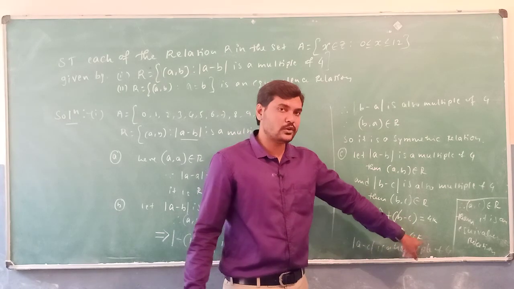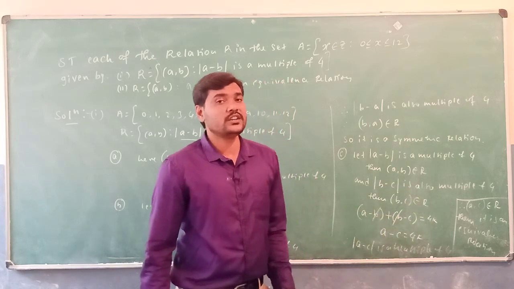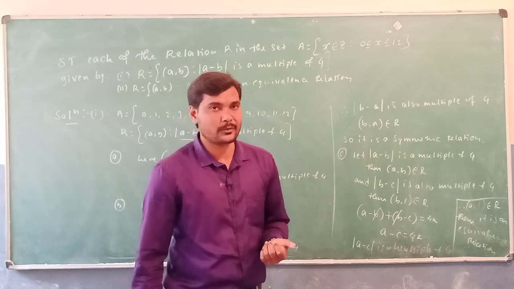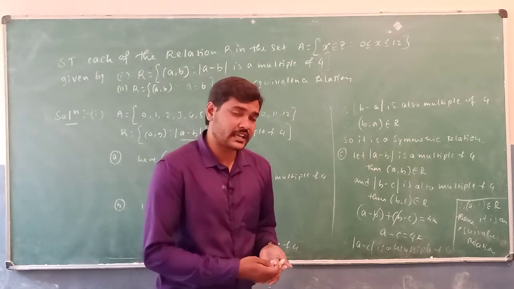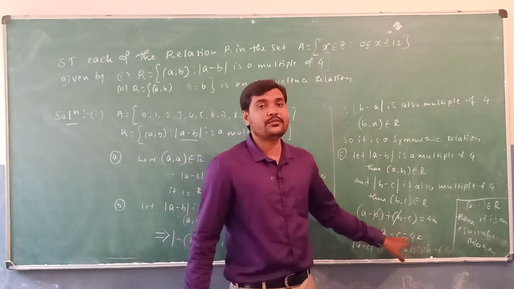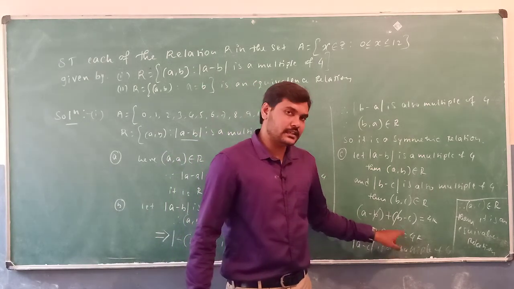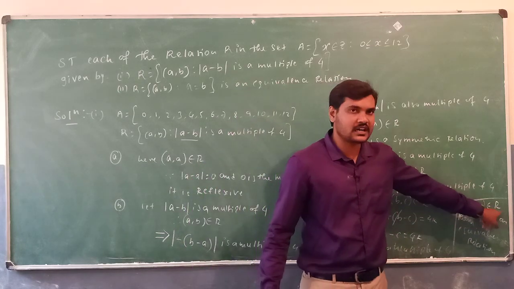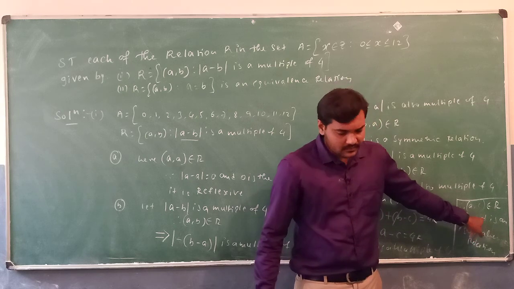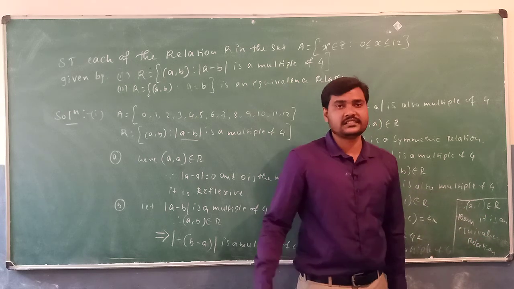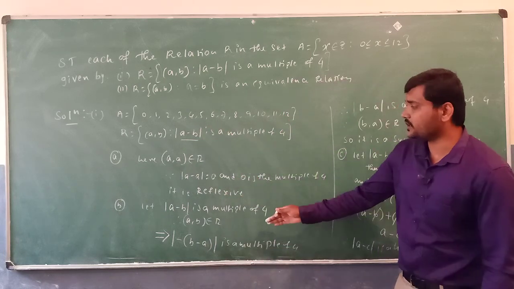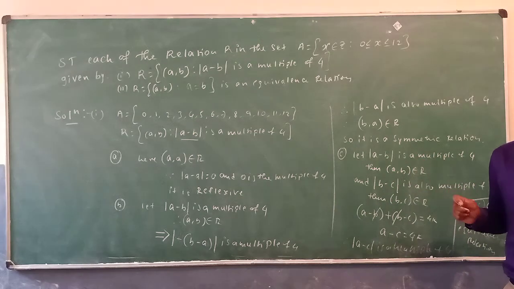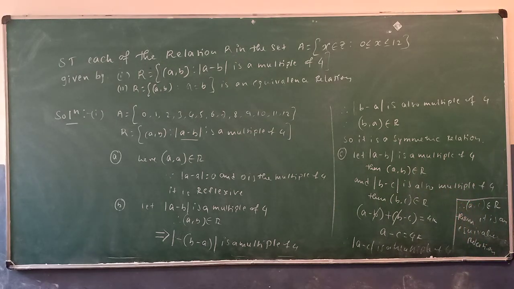Then a minus b is equal to 4k. Suppose a minus b is 4k, 4 is going to divide a minus c as well as a minus b is a multiple of 4, because if you multiply anything with 4, we are going to get the value of a minus c. So we can say that a minus c is also a member of R. Then a comma c belongs to R. Then we can say that it's going to be a transitive relation, as well as it follows that it's symmetric, reflexive and transitive. Then you can say that it's going to be an equivalence relation. Okay, so just pause the video to note it down.